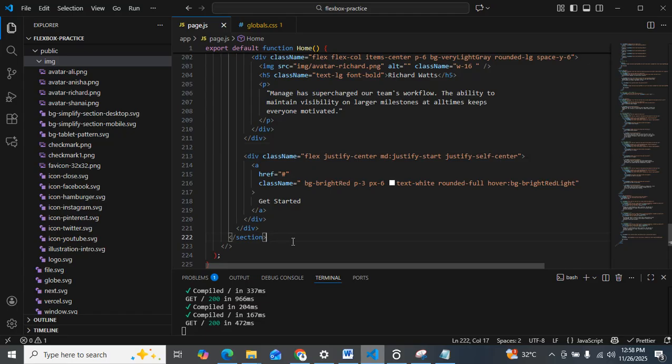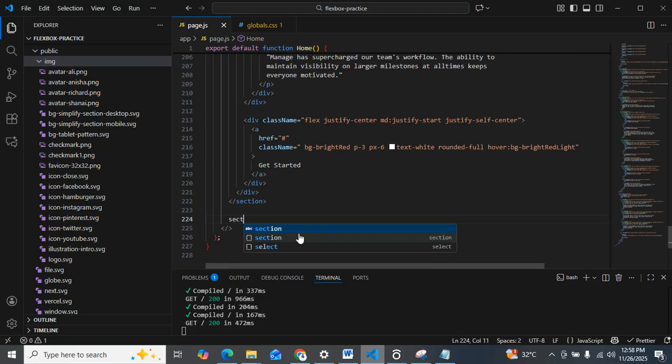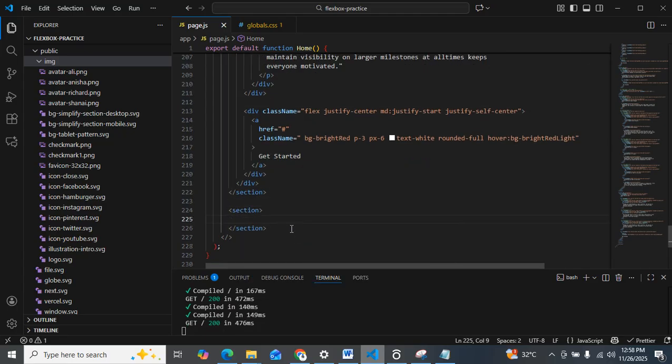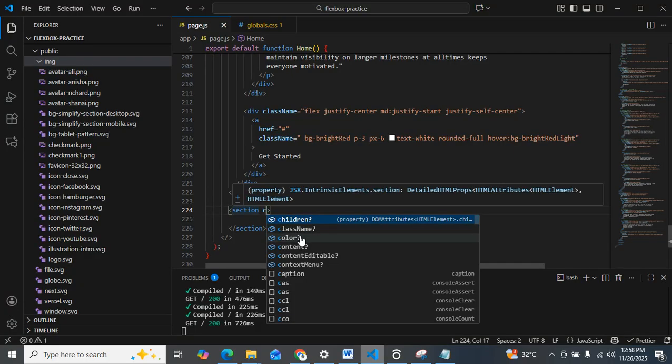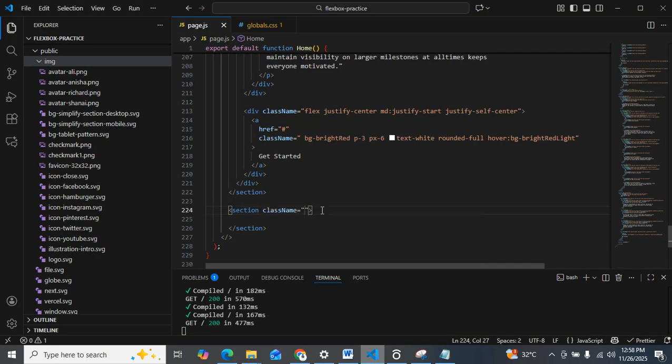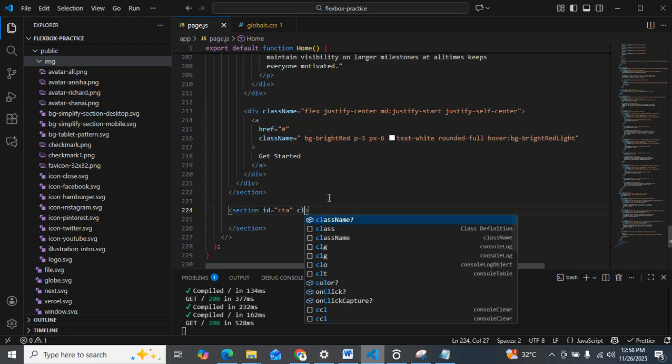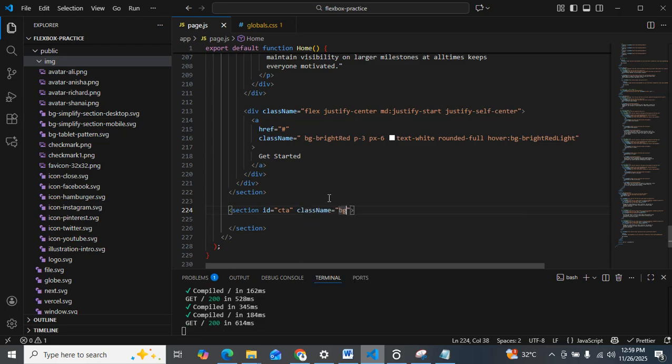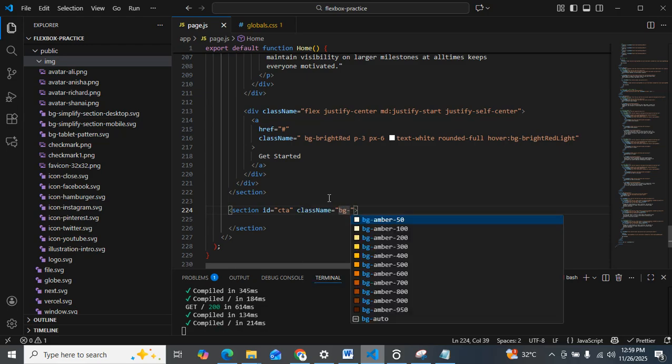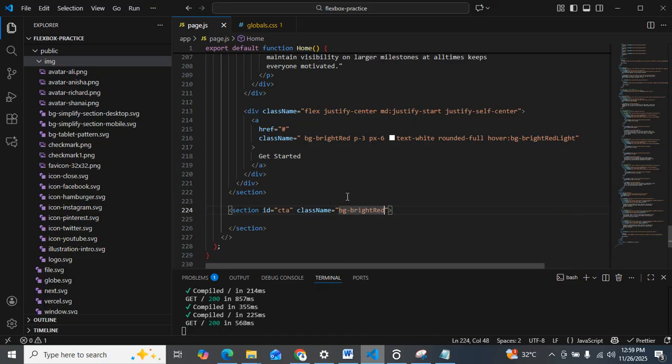So now that's going to be another section again. So class name, I can just call it CTA. Oh, that should be the ID. Then can add a class name of, because of the background, so give it BG bright red. Okay, now inside of here now,